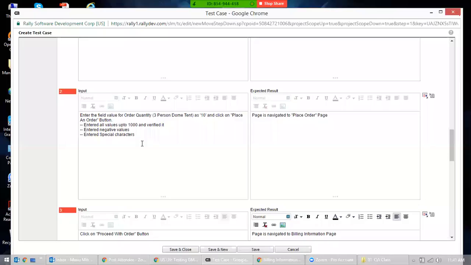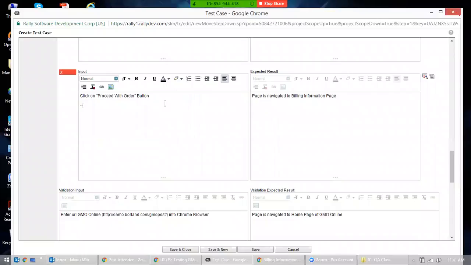You can just write this information like this, just put it here somewhere, like: tested for logo, tested for URL, tested for all fields located in that page,